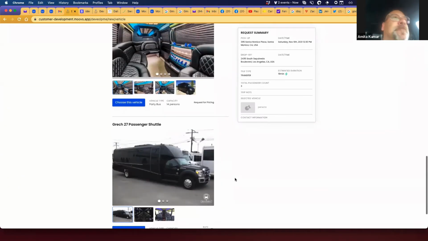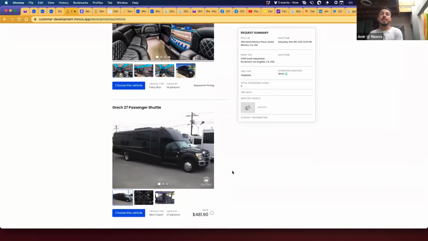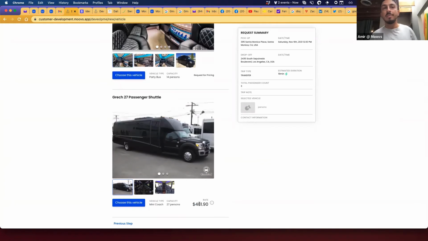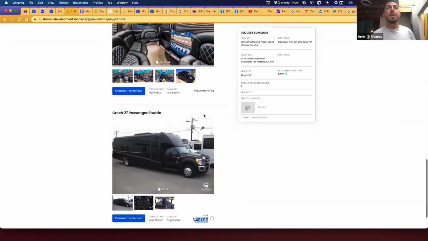Yep, exactly. So I wanted to show you guys that real quick and what we have right now. And this is something that I'm going to take as feedback as well, because we don't have it for reservations. So just to show you guys real quick, what we have today is, of course, you have vehicles where you have base rate automation on. A lot of our operators are using that. A lot of our operators also like to not have their rates displayed, and they'll just use what we call the quote process.